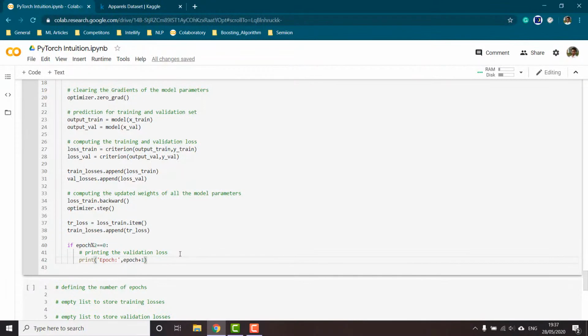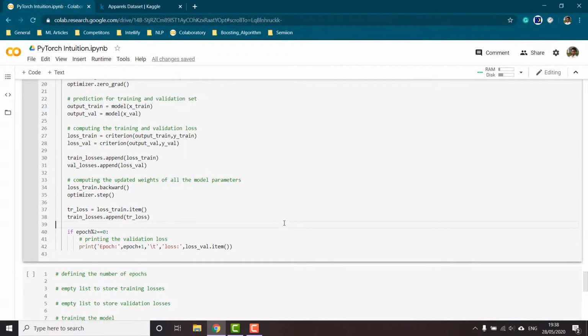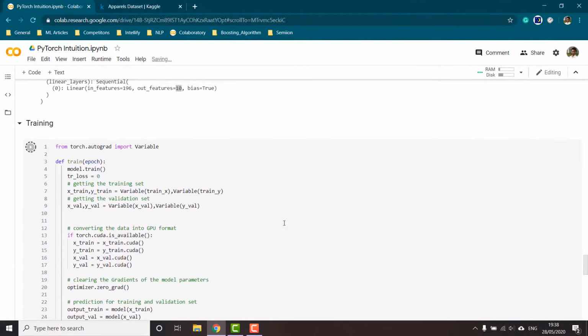Since it will start from 0, we are just going to give it +1, and then let us give a space of a tab, and then again our loss, which will be equal to loss validation dot item. So once this is done, let us load our train.